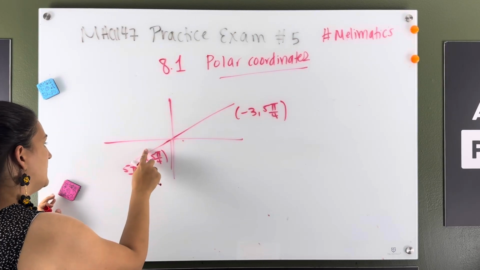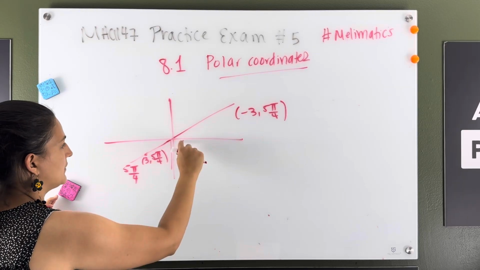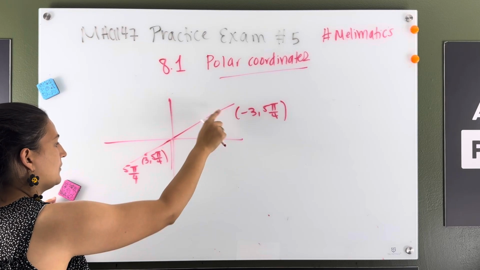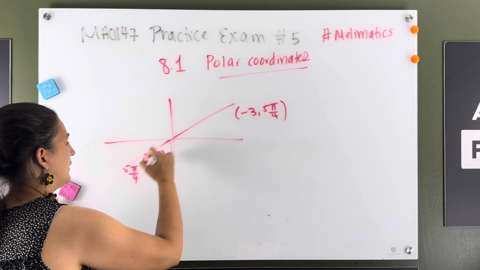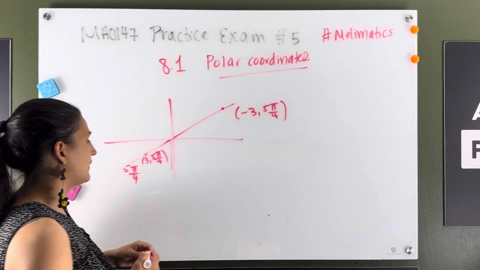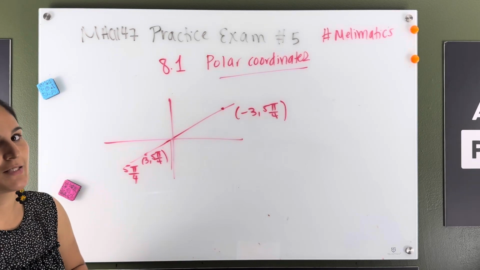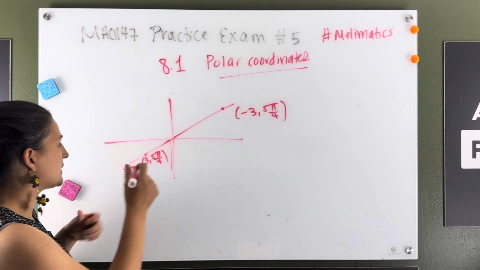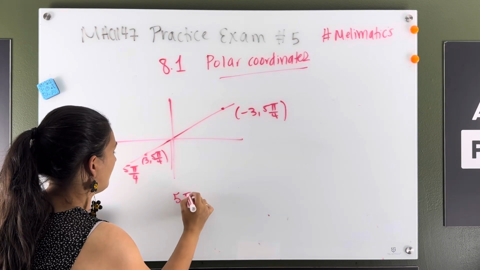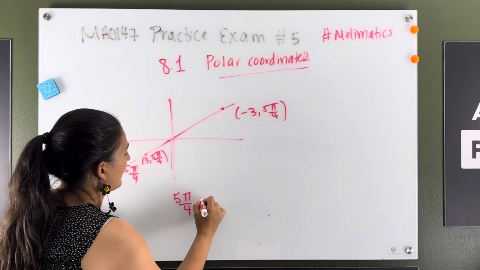So that's going to be up here in the first quadrant. I have the ray going the opposite direction from the origin, and I have the point that I need, right? Again, 5 pi over 4 doesn't make sense to be in the first quadrant, okay? But remember that technically this is a distance of pi. So 5 pi over 4, instead of adding pi,